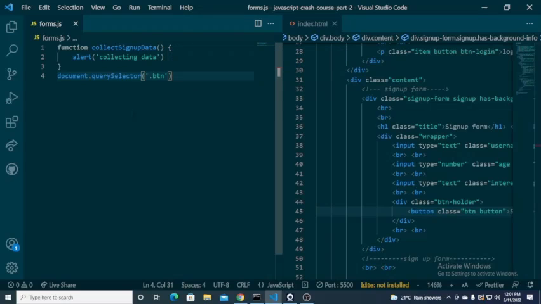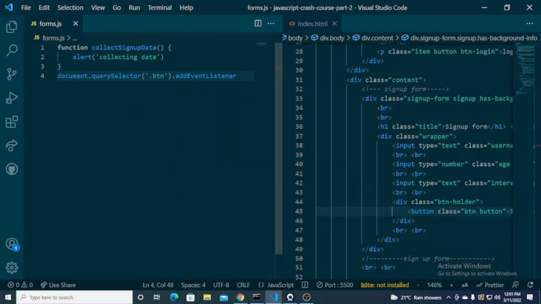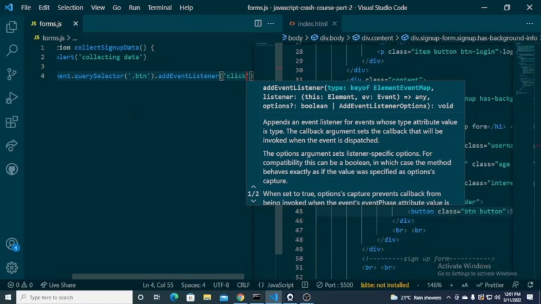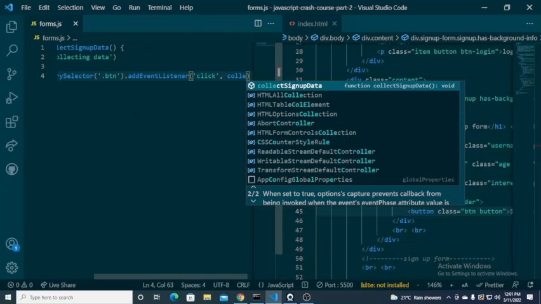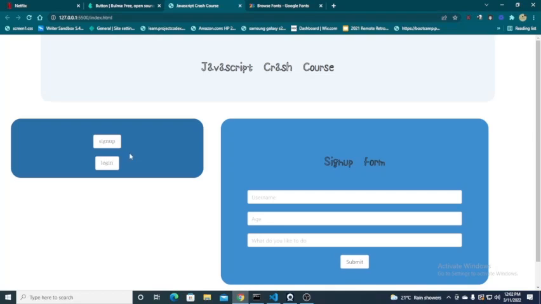And then after I've referenced that, now I'm just gonna say dot add event listener. I'm adding an event listener, and I'm just gonna call it click, whenever a user clicks, and then I'm gonna call the collect sign up data, right? So if I can have that, and then we go to the browser and just refresh,